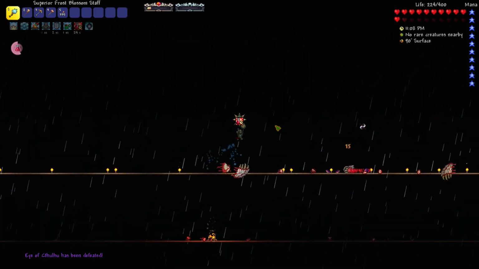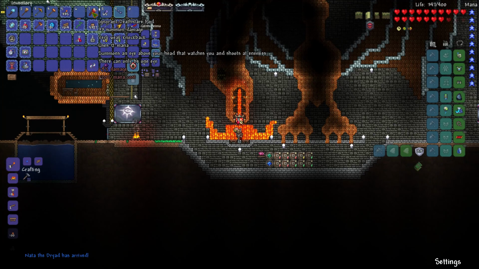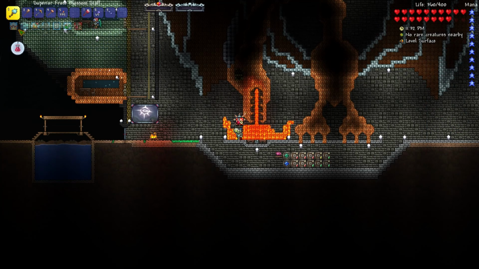Eye of Cthulhu down. It held a new weapon in his treasure bag, the Death Stare Rod, which was another turret weapon that fired through blocks and had a ridiculous range. It dealt a lot more damage than the other summon weapons I had, so it was a very strong addition